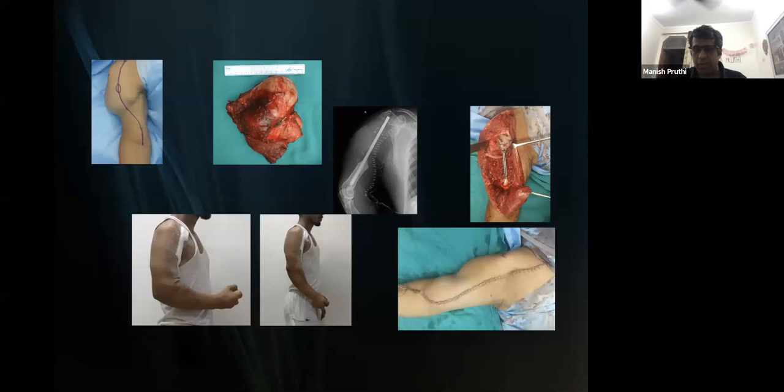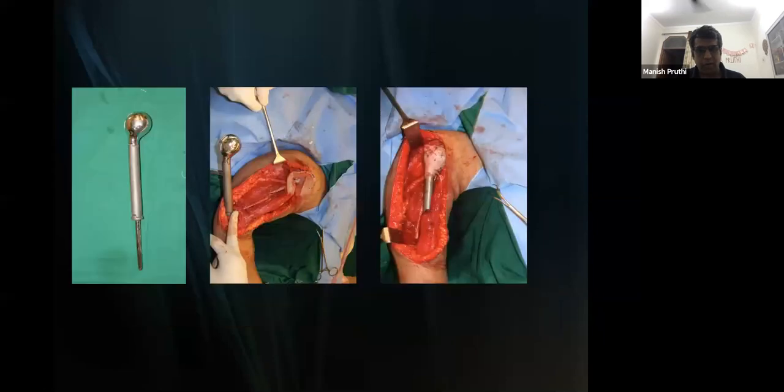So our aim is to give stability at the shoulder. We can use a Prolene mesh if required, and then the patient can get good elbow and hand function. Another case was reconstructed with a proximal humerus prosthesis, as you can see in the picture in the middle. This is how we suture the Prolene mesh all along the glenoid labrum. Then we insert the prosthesis in this Prolene mesh, and the mesh is sutured to itself so that it gives good stability once it fibroses. For the Prolene mesh to fibrose, we need to wait.